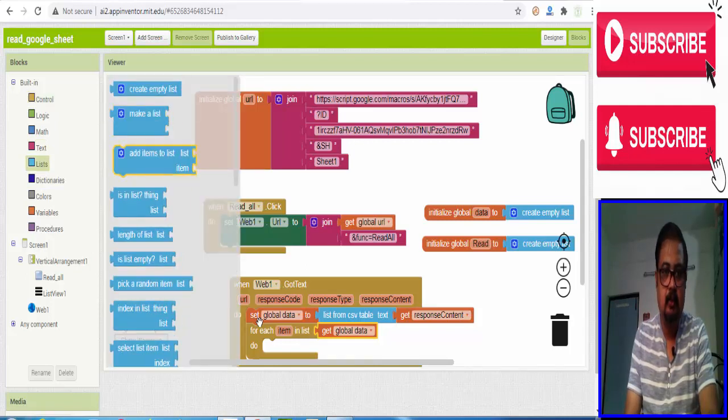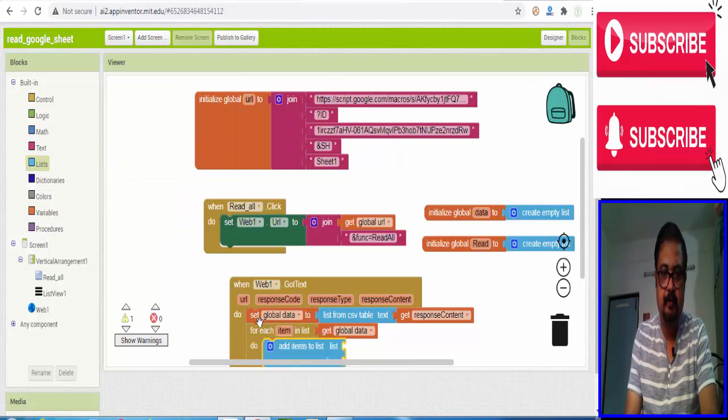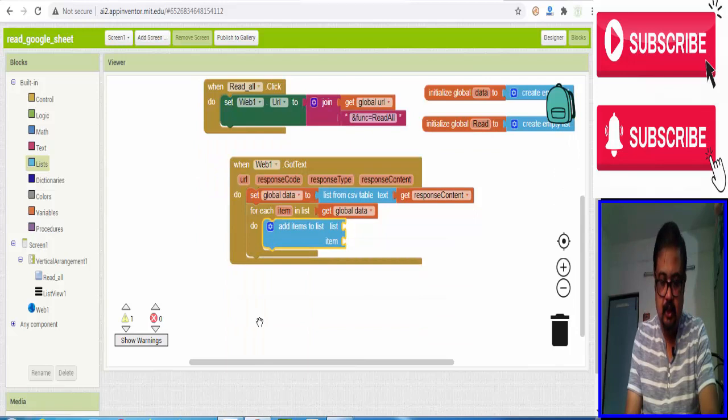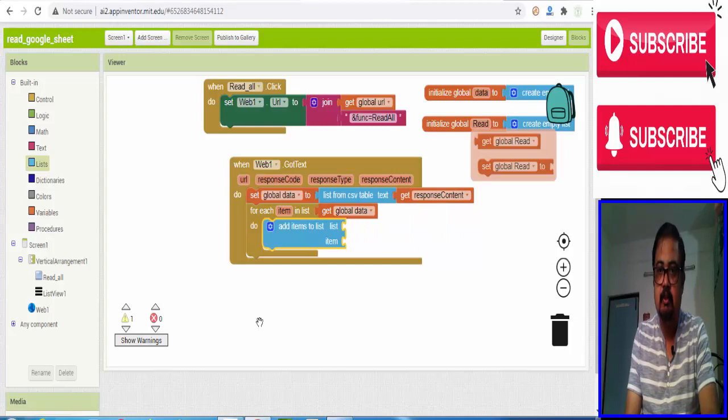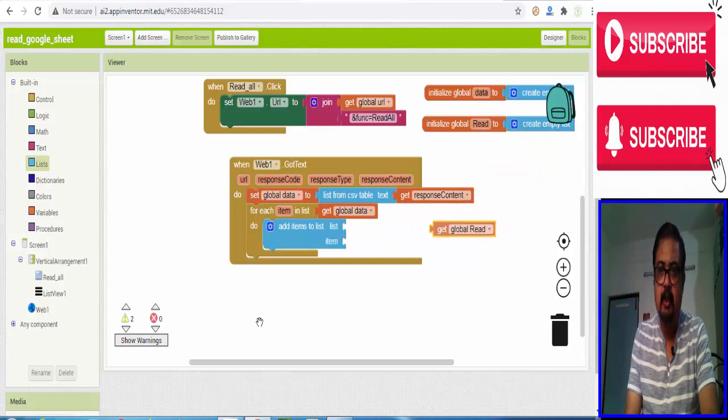Here, the first list is actually a temporary one we made, add item to list. Which list? In global read, which I took as an empty list over here, and item will be